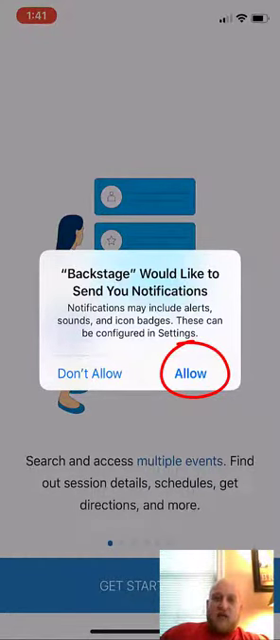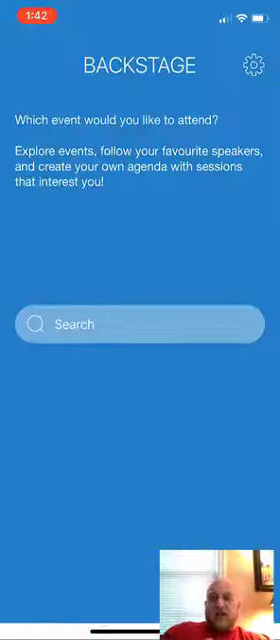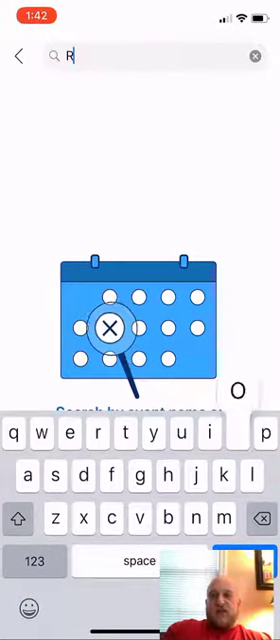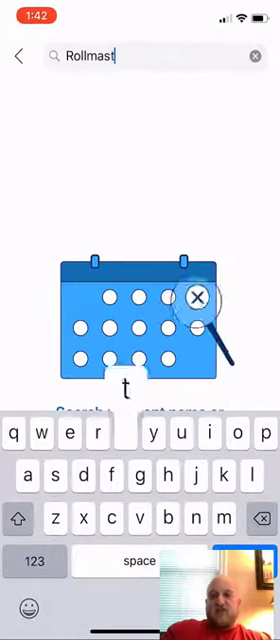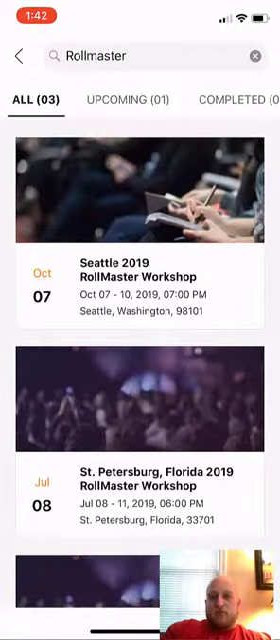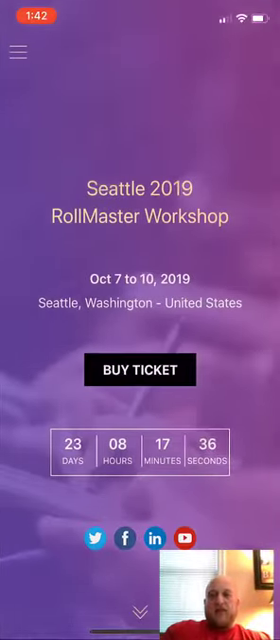On this screen here, I'm going to hit allow. That completely is up to you. This just allows us to send you notifications during the event. Let's hit get started also. And here you're going to search for the events. Go ahead and type in RollMaster here and hit Seattle or whatever workshop you're planning on attending at the time